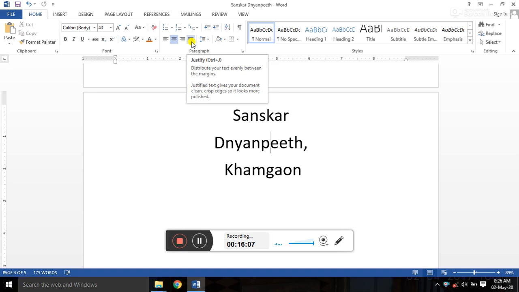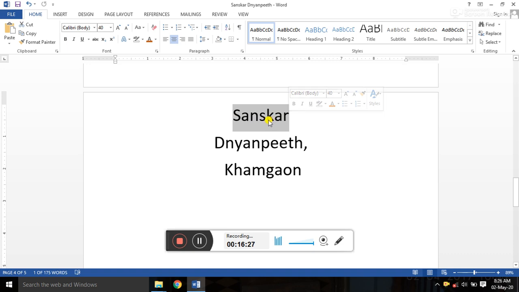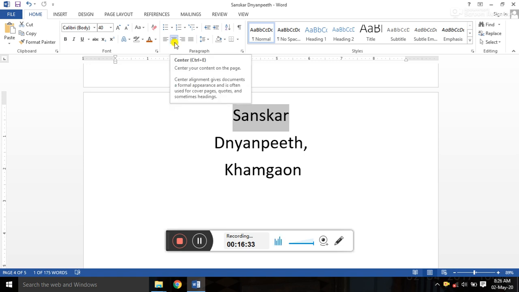You also have to draw this text on a page, or you have to write the answer to this question diagrammatically. Once you study that question in 9th standard, there is no need to learn that question again in 10th standard, right? Now see, I select that text Sanskar. Once I select the text Sanskar, out of those 4 options, only one option is highlighted here.